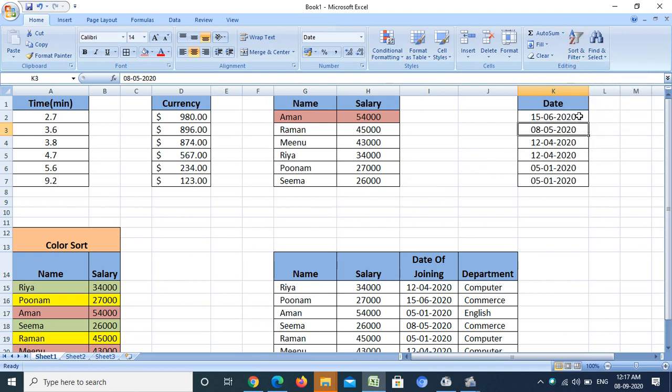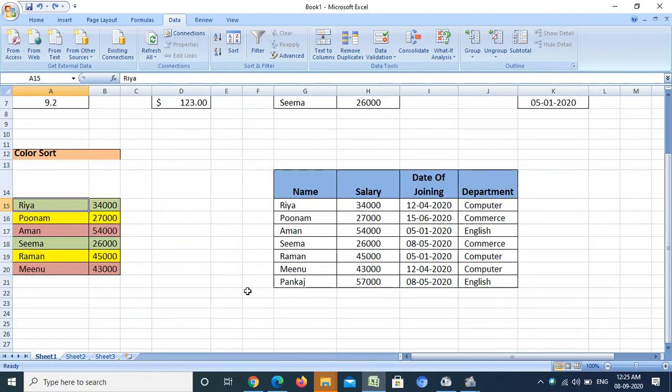See, these dates are newest and these are the oldest date. Why we got these options, oldest to newest and newest to oldest? Because date cannot be sorted according to a number, that is largest to smallest. It can be only oldest to newest and newest to oldest. So in this way you can go for one column sorting.